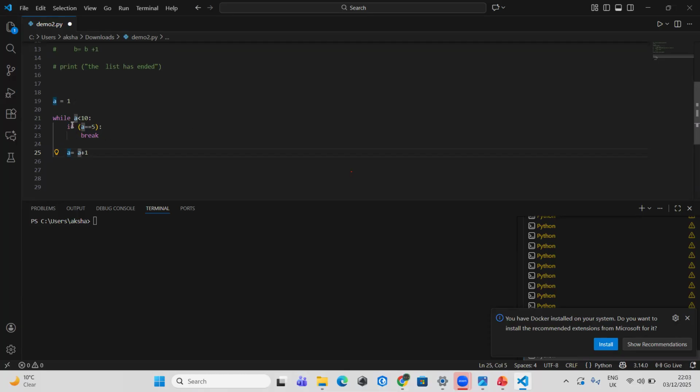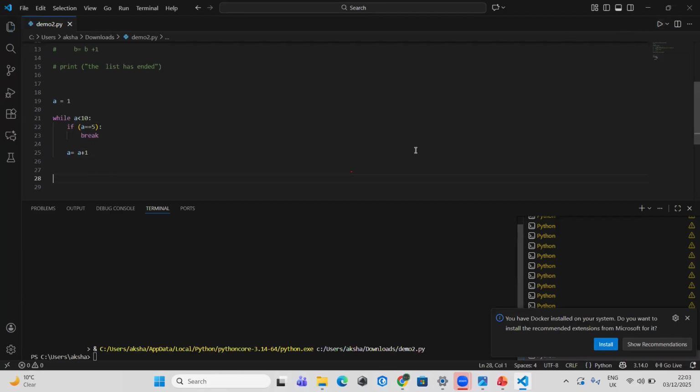So if I say something like, if an odd number appears, break. I just want the even numbers. So if an odd number appears, break. So what happens is, just to understand, in this case, though it was supposed to go from 1 to 9, because of a certain condition,